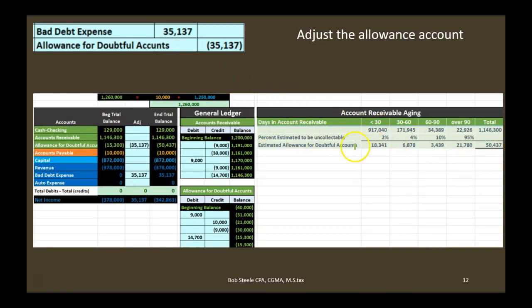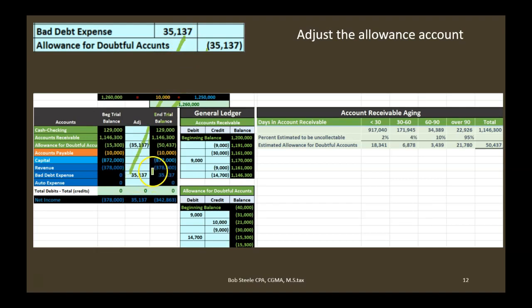So if we took the 50,000 minus the 15,300, we come up with the 35,137. So now if we post this out, we're crediting the 35,137 to the allowance. That's going to take the 15,300 up by 35,137 to the 50,347, which matches the 50,347 here. Then the other side is going to go to the bad debt expense. So now we're going to debit the bad debt expense by the 35,